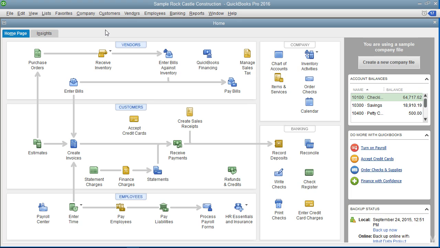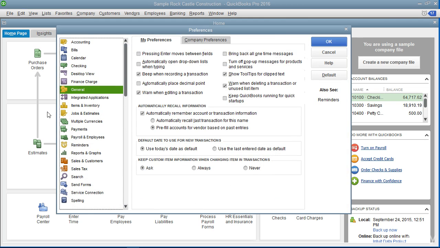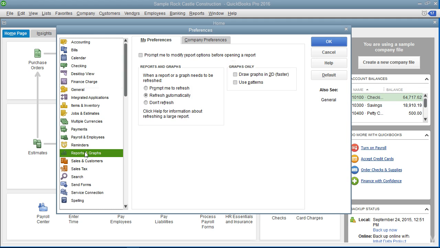You can set the default personal and company preferences for reports and graphs created in QuickBooks by changing the settings within the Preferences dialog box. You can access these settings by selecting Edit, then Preferences from the menu bar to open the Preferences dialog box. In the Preferences dialog box, click the Reports and Graphs icon in the category listing shown at the left side